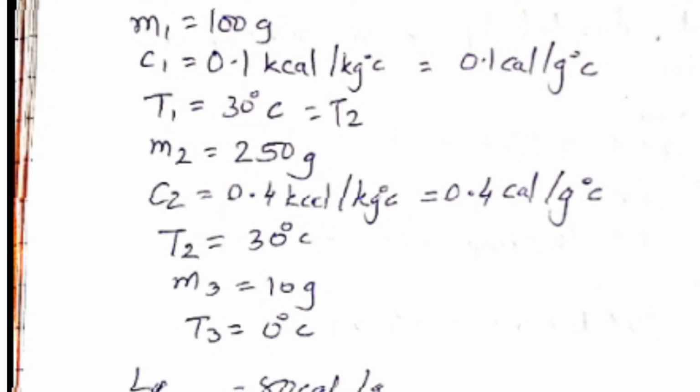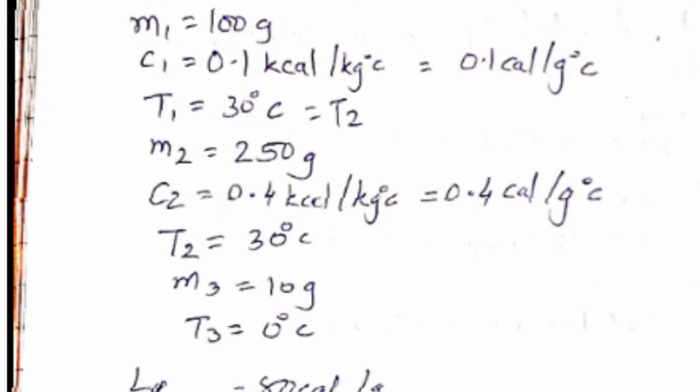So M3 is 0 degrees Celsius. What will be the temperature of the mixture? So children, you are asked to find out T, the final temperature. So what will be delta T? Delta T1 or T2, it will be this minus this, T,